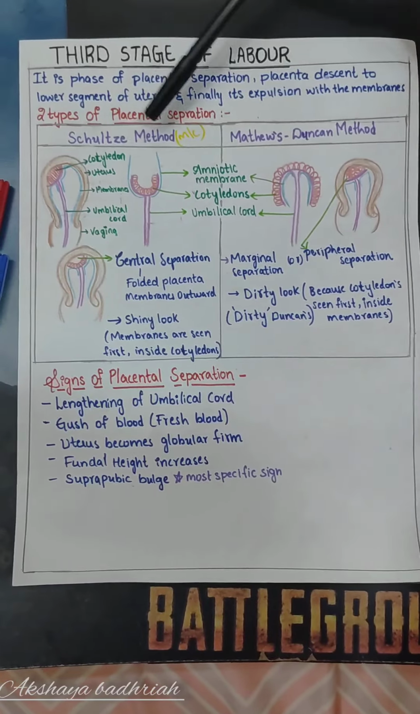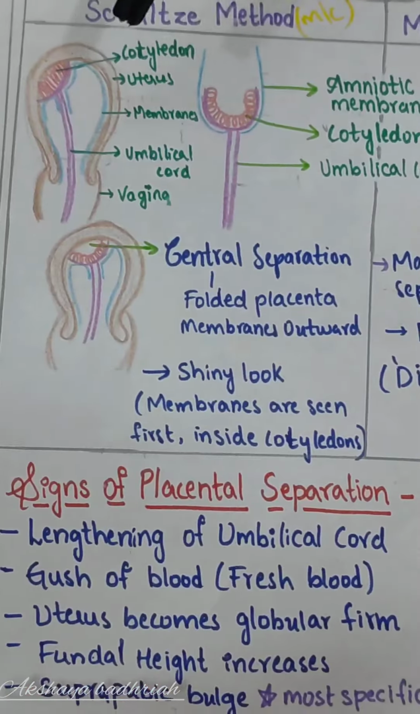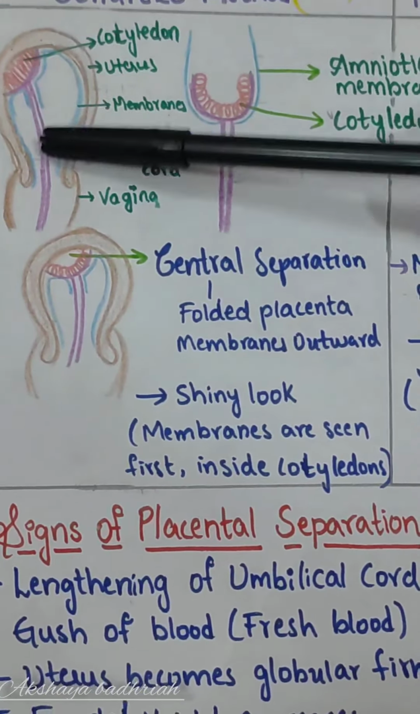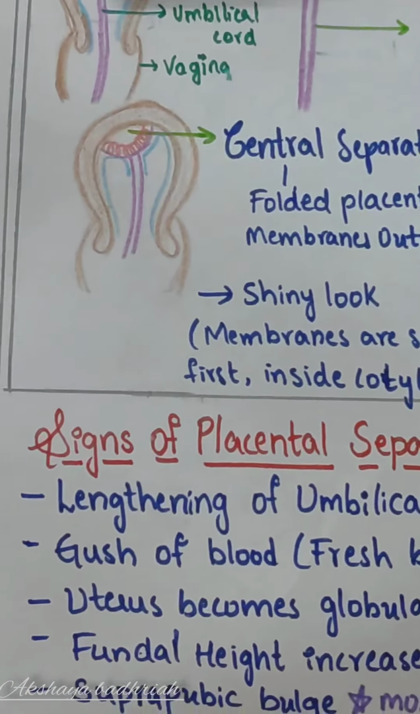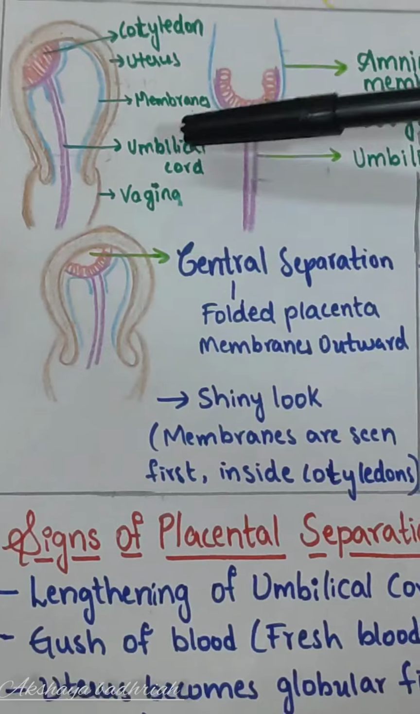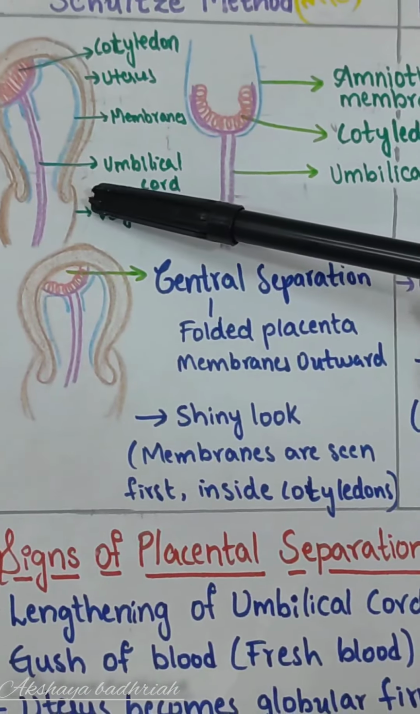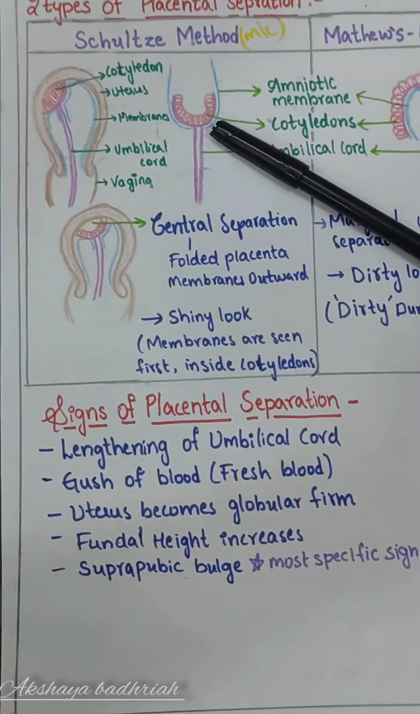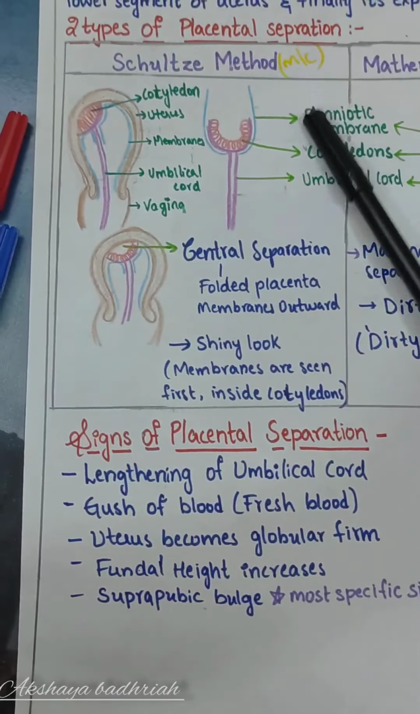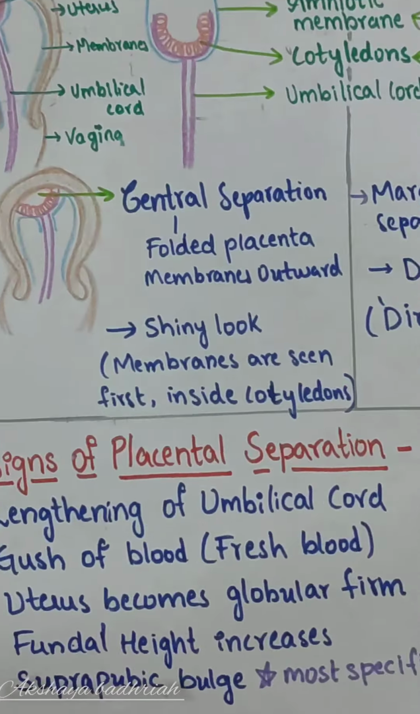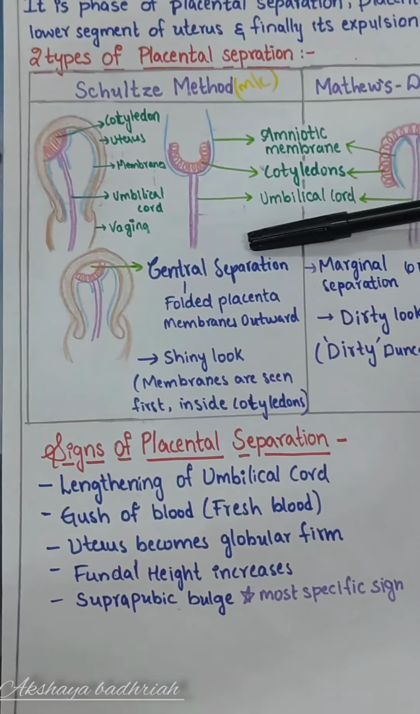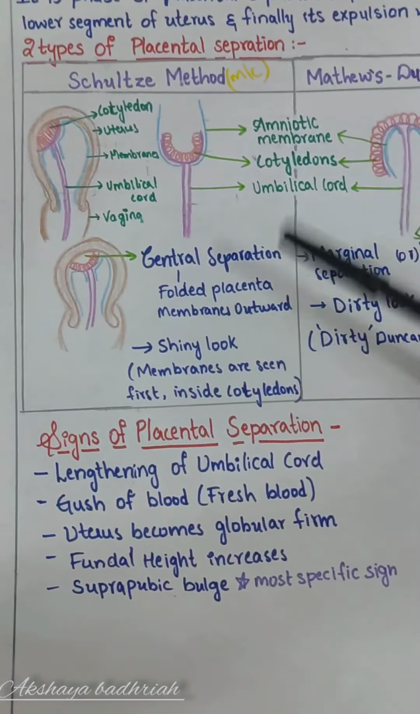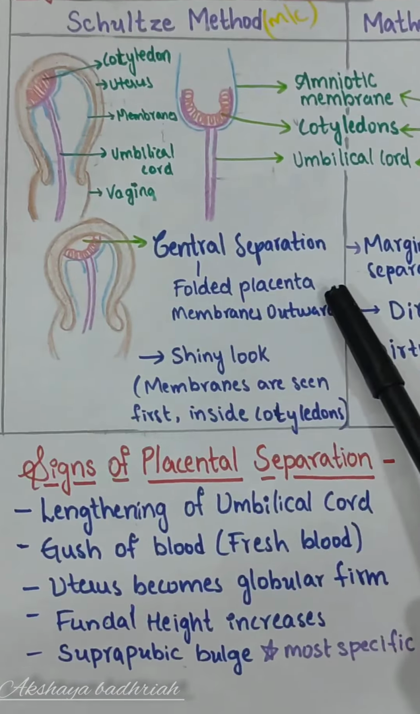One is Schultze method and the other is Matthews-Duncan method. Here the placenta is stuck to the uterus, the umbilical cord is hanging through the vagina, and the amniotic membranes are attached to the uterine wall. Separation happens in the center of the placenta. The placenta will come out in a folded manner. This separation is known as central separation, which is known as Schultze method, and there will be a folded placenta,